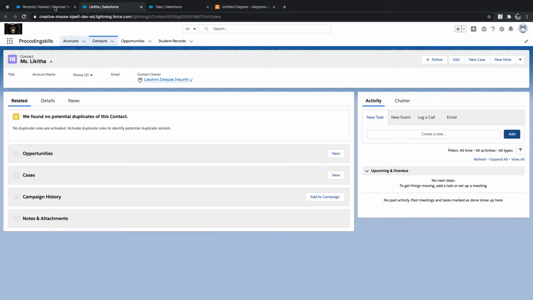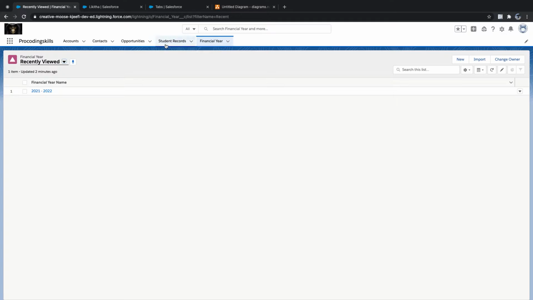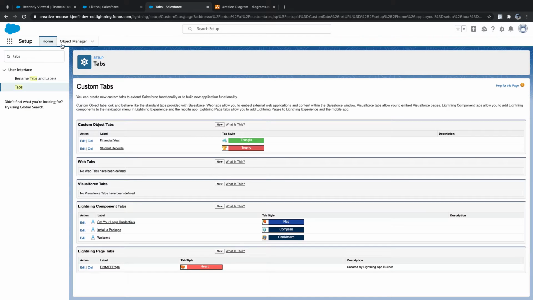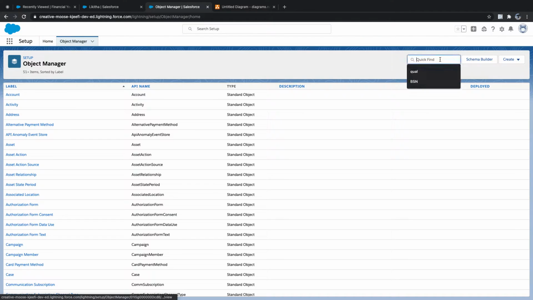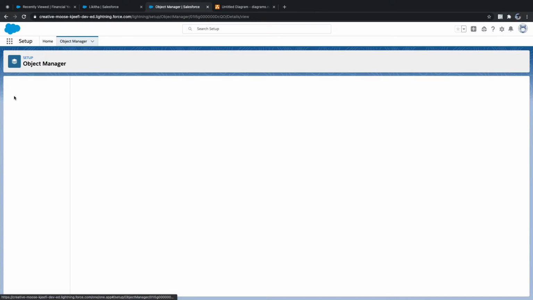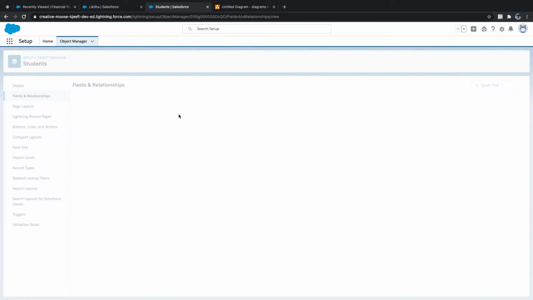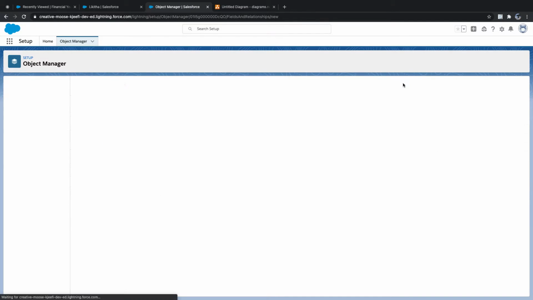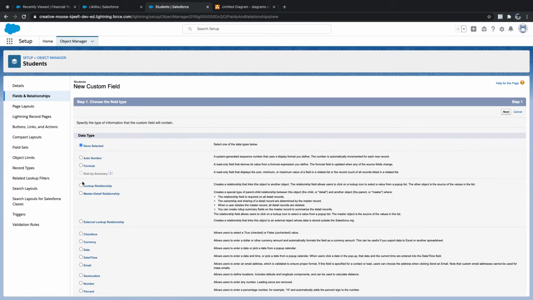Now we can go to student object, we can go to object manager, student, I'll go to fields and relationships, and I'll say new. Now I need to create a master detail. Master detail is a mandatory relationship. Lookup is optional. Master detail is a required relationship.